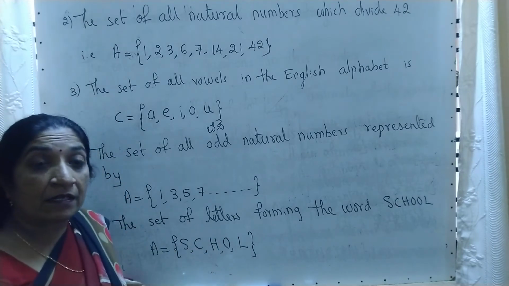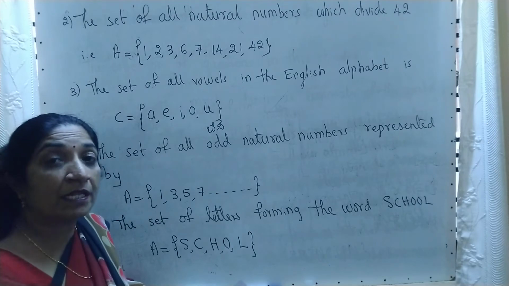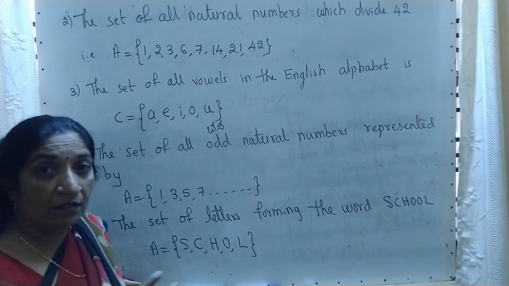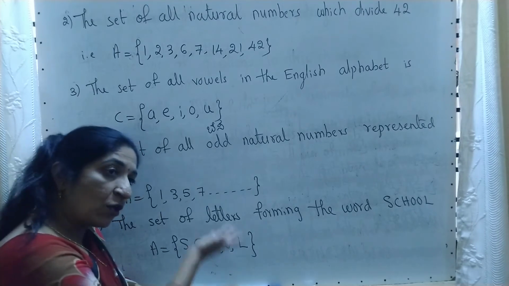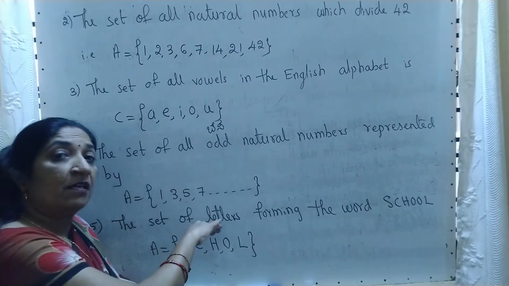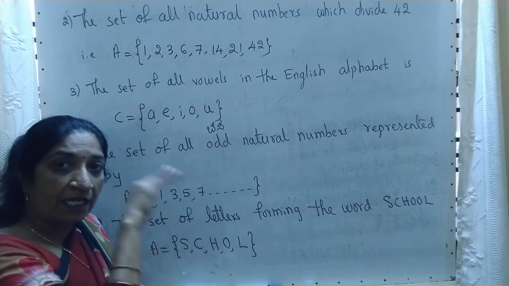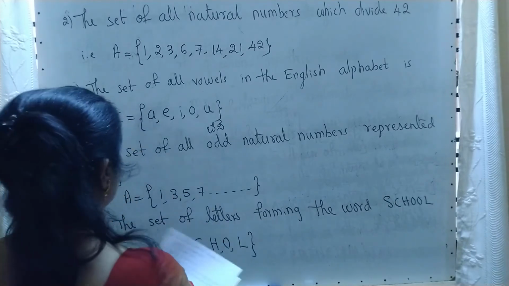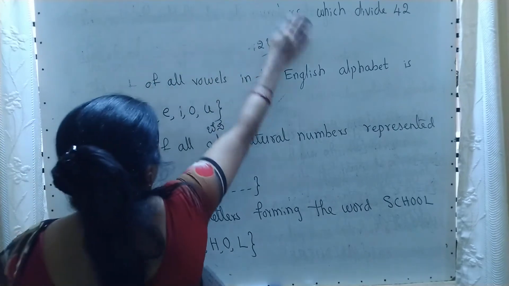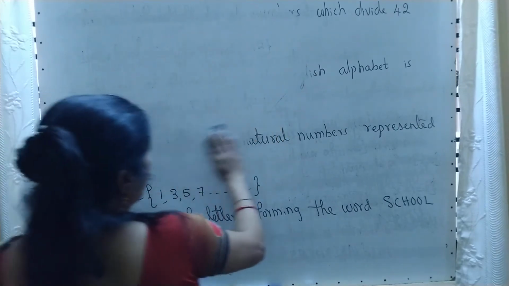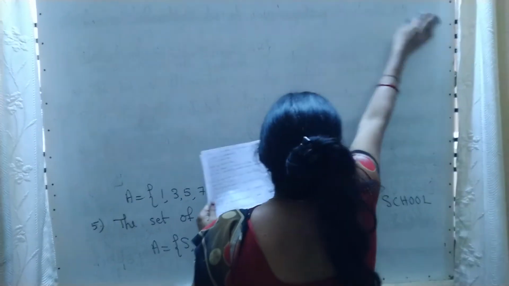Set builder. That means, for example, how you build a house, on which basis, on which formula. Like that, the elements are given and you have to frame the statement. That is the builder form, the set builder form. Reverse. Moving to the next method, that is the set builder form.